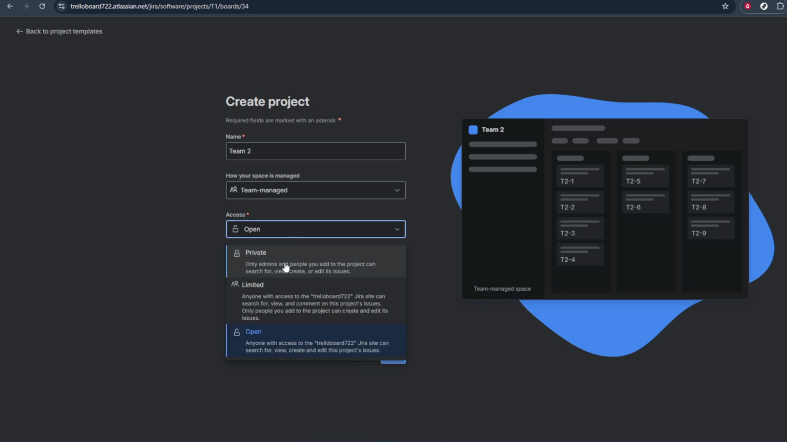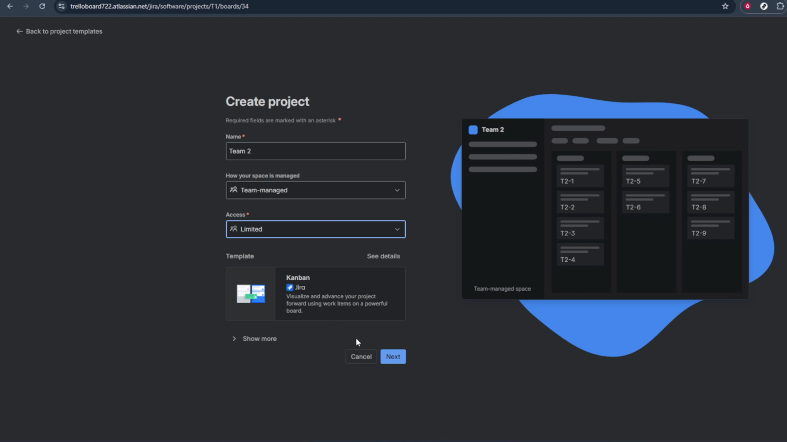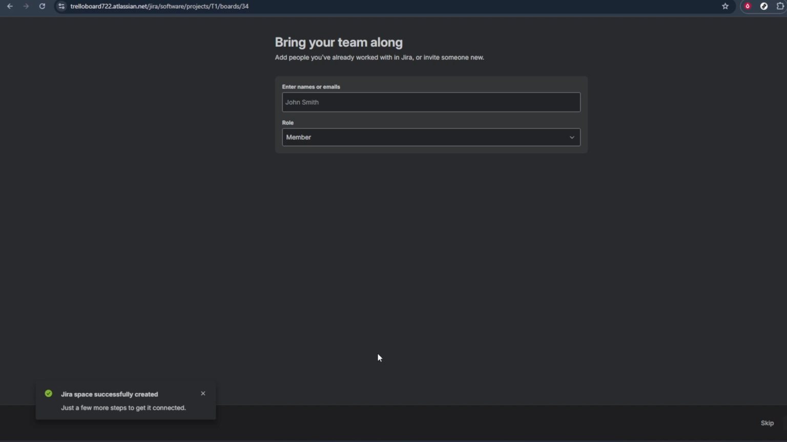Now it's time to fill in the details of your new Kanban board. Give your board a clear, descriptive name so your team can recognize it easily. You may also see fields like a project key, description, or access settings. Take a moment to complete these fields thoughtfully. Good naming and descriptions make it much easier to keep things organized as your